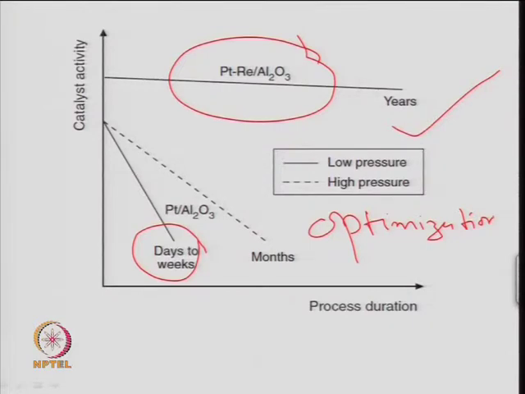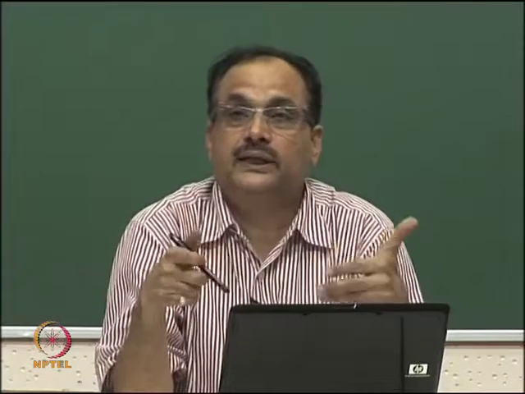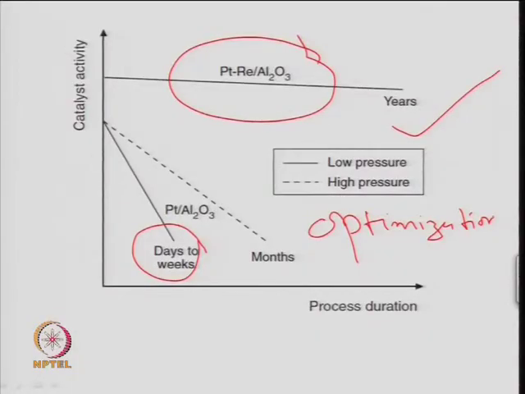So, in order to reduce the coke on the catalyst, you do not operate the reaction at very high temperature, right. High temperature will not be good, but high pressure may be effective. So, one needs to do the reaction at higher pressures, right, and simultaneously one needs to look at a novel catalyst system, just like a bimetallic catalytic system, where the activity or stability of the catalyst is enhanced because of the presence of rhenium in the catalyst, right.